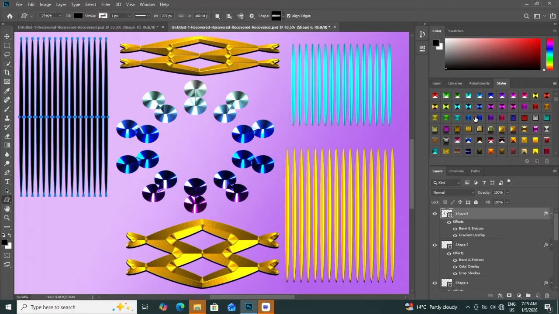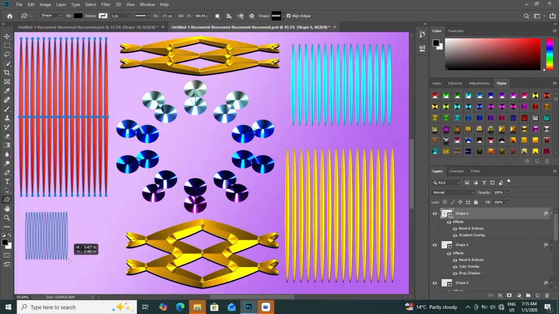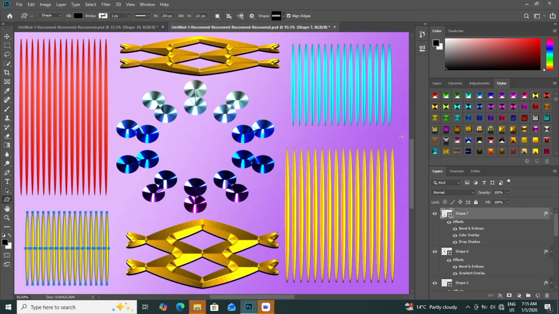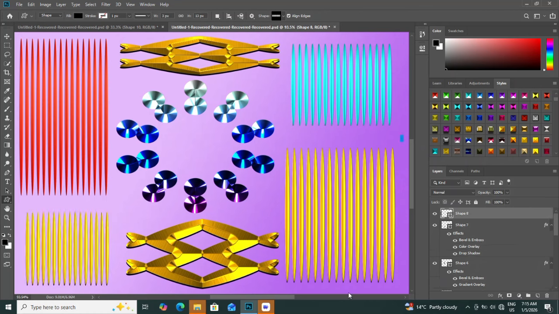Next I add a soft inner shadow and drop shadow to separate the card from the background. Then I refine the corner radius and spacing to keep everything smooth. After this,